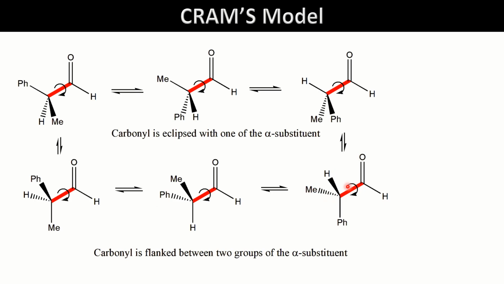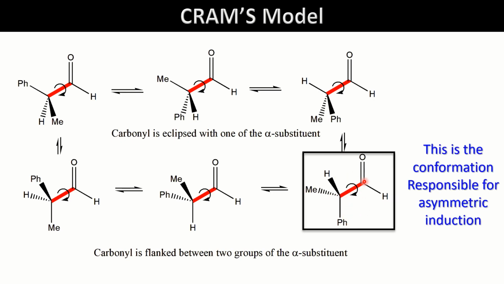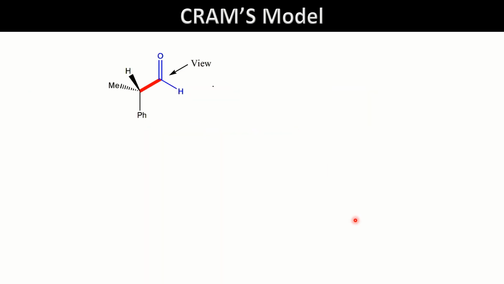So if you see this particular conformation, here the carbonyl is flanked between two least hindered groups, because if you consider the steric bulk of Ph, Me and H, you will find that the steric bulk of Ph is more than Me, and Me is having more steric bulk than hydrogen. So he said that this particular conformation will be the reactive conformer, and this will decide the outcome of product